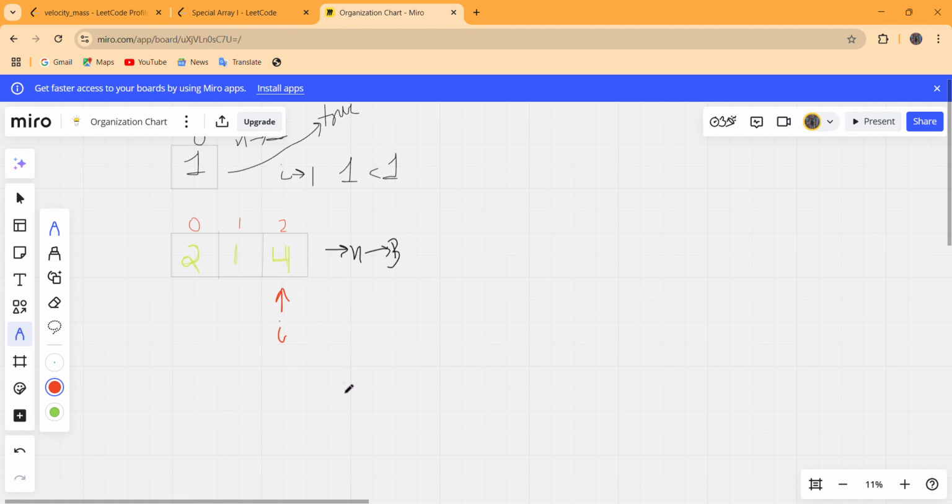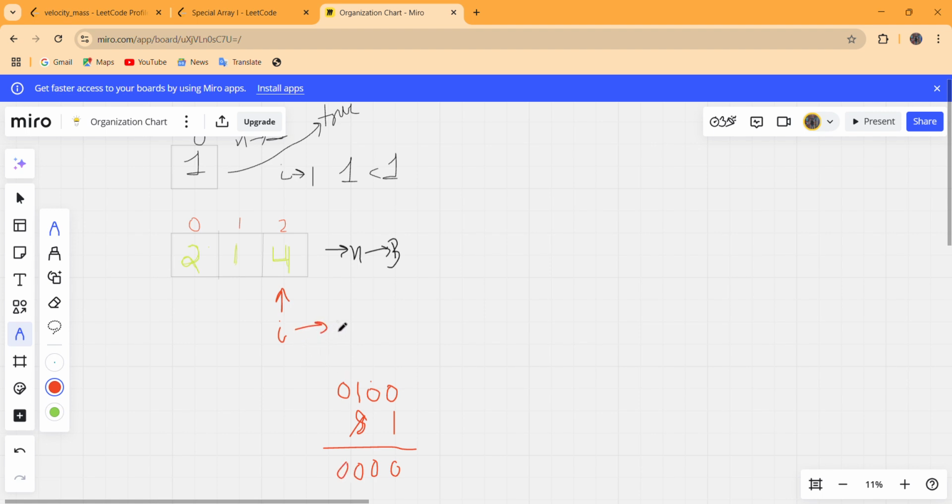Nums of I is 4, and 4 in bits is represented as 0 1 0 0. Bitwise AND with 1: 0 and 1 is 0, and the other bits are 0 as well, so that is 0 0 0.